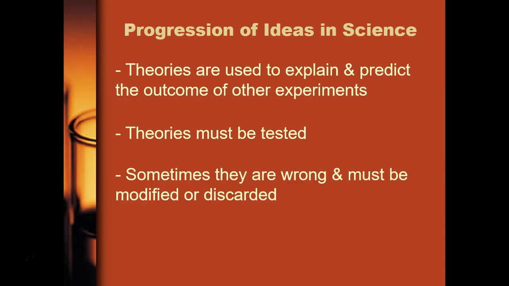That being said, they continue to get tested, and there are times in which case they are flat out wrong. All right, something like for long periods of time, people thought the Earth was flat, and all of this data seemed to back that up. If I look at the horizon, other than mountains or things like that, it seems to be flat, right? Well, we eventually got ships to sail around the world and end up where they started without having to backtrack. Obviously, the Earth isn't flat. We didn't fall off the face of the map. We get out into space and we can see that it's a sphere.